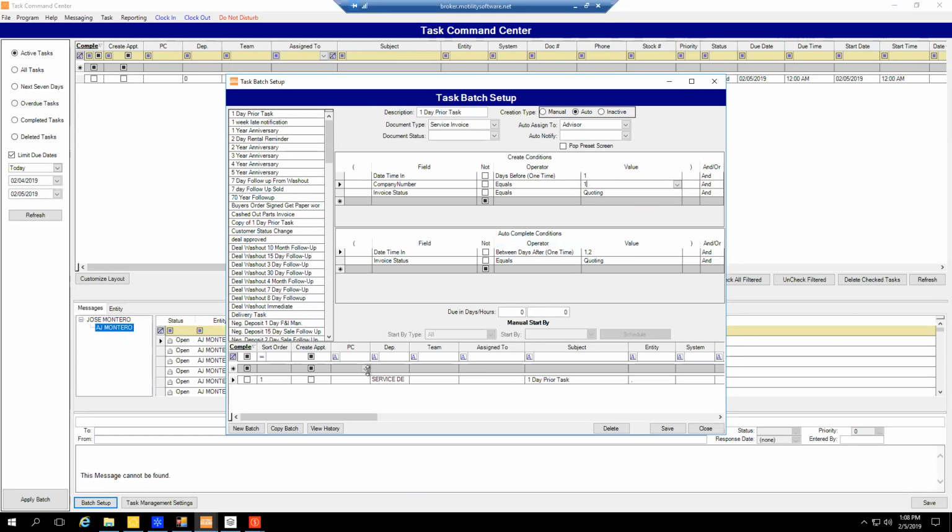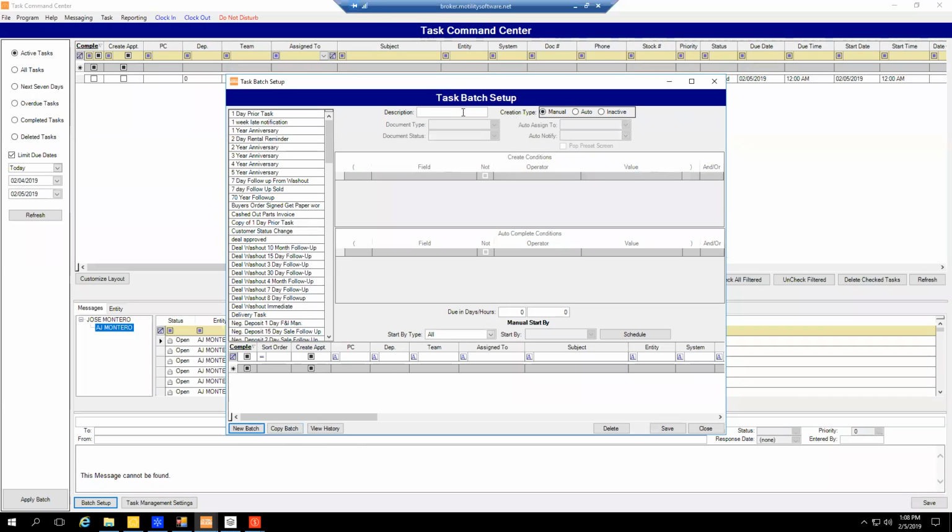Okay. And then down here, you can put in the criteria. One day prior task. You can manually fill in the subject. Every time you hit new batch, it's going to open up a completely blank screen. So I'm going to do that here so you can see. And once I select auto, it's going to give me my options here. So, for example, I'm going to select deal desking, and then I'm going to put,